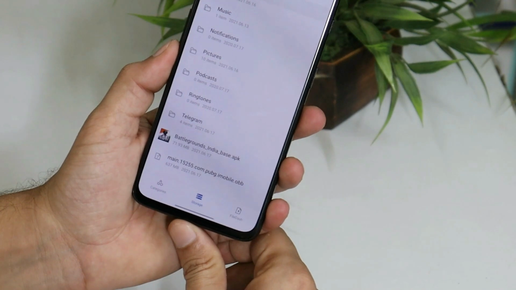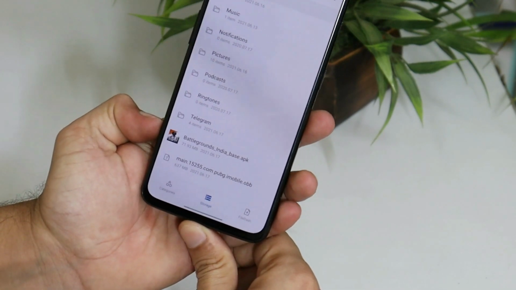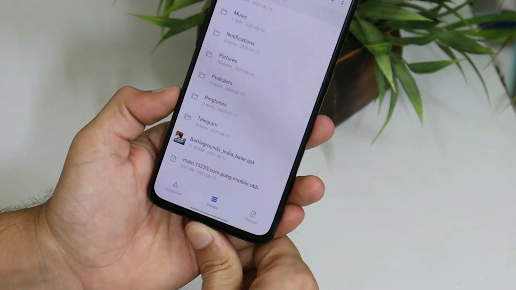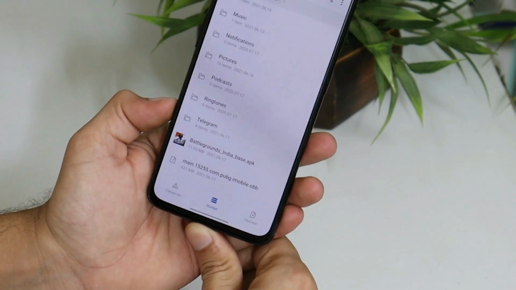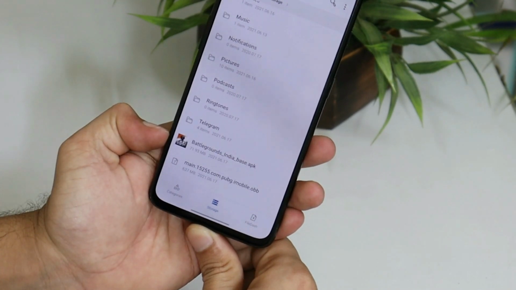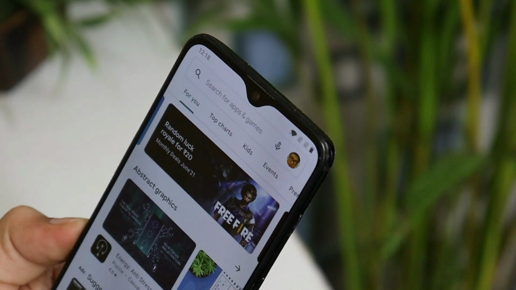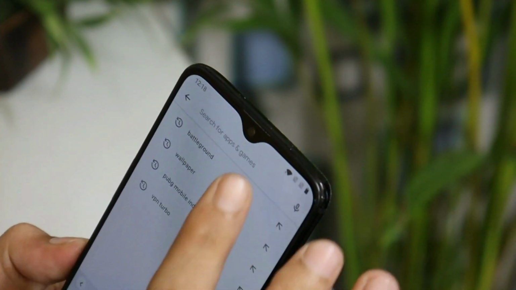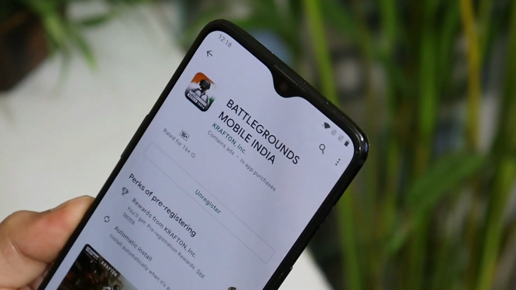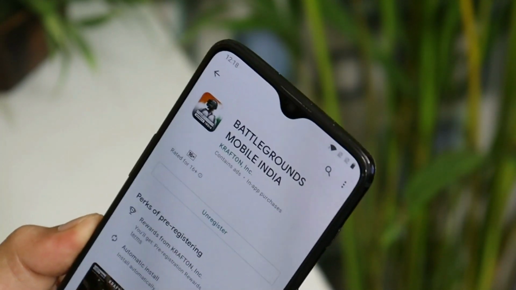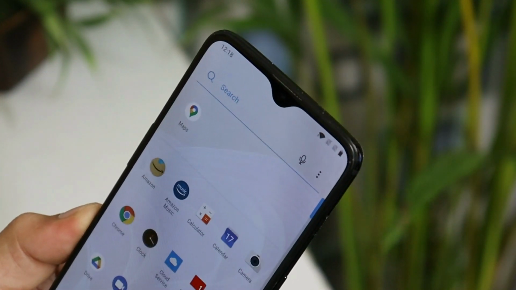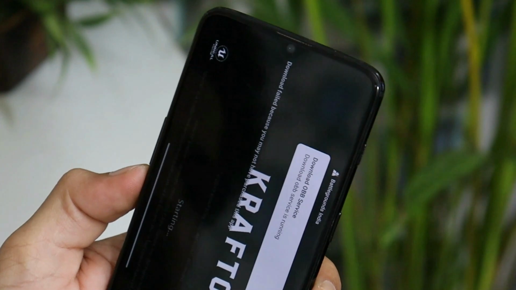So here you can see at the bottom I have the game APK and the OBB folder, which is 637 MB. Right now on this OnePlus 6 I have a completely different Google account, and with this Google account I haven't registered for beta testing. So here in Play Store if you check, I have a different account, and if I search for Battleground I don't get the option to install, though it was pre-registered long back. Even after registering, if you try to install the APK and run it, the game won't connect to the server. So this is the error people are getting.